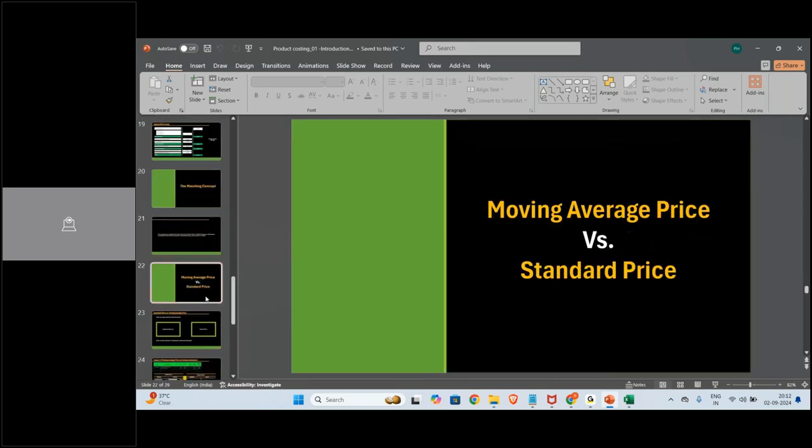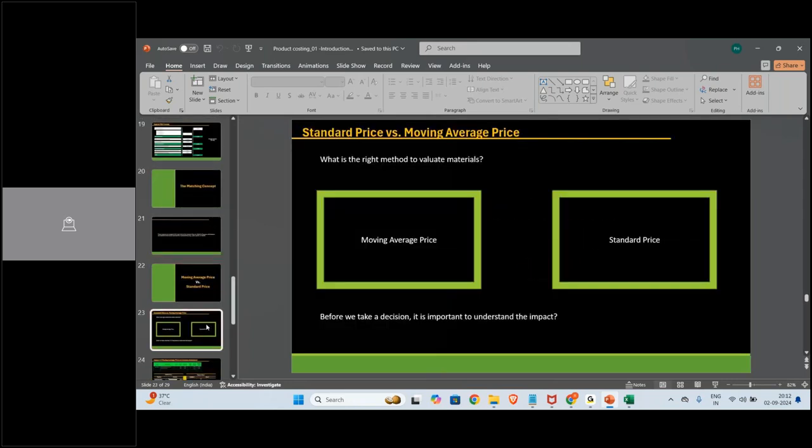I'll go further deeply. I'll tell you why you have to do a certain logic in a certain way. For example, at the beginning of the period, you will have planned quantity and planned rate. You have not even started production, so you will have a standard cost estimate where you say, this is what it is going to cost me to produce 200 bags of cement. This is the quantity of raw material, this is the cost of raw material. Both of these are planned.